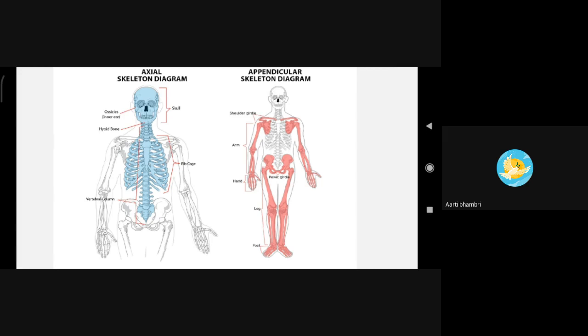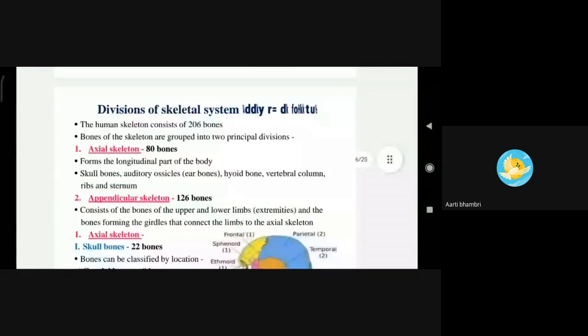So limbs are made up of the appendicular skeleton, and the center part of the body is made up of the axial skeleton. The axial skeleton consists of 80 bones: skull bones, auditory ossicles, hyoid bone, vertebral column, ribs, and